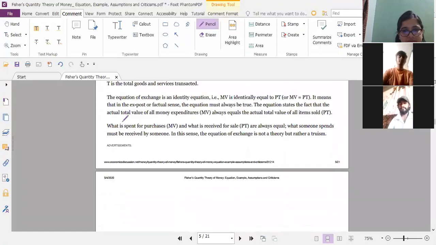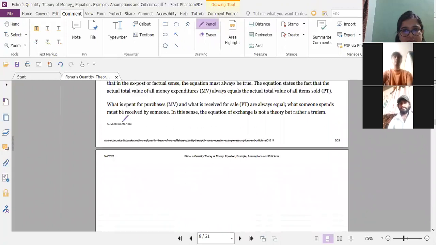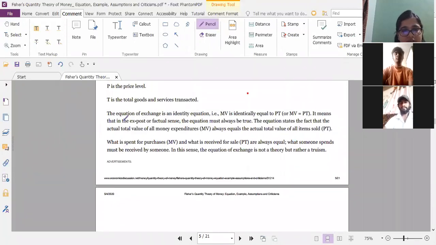Just a quick glance at the explanation part of this equation. The equation of exchange is an identity equation. MV is identically equal to PT, right? It means,